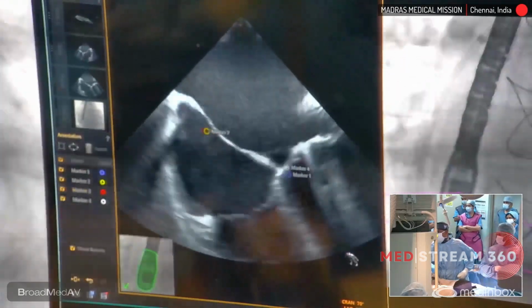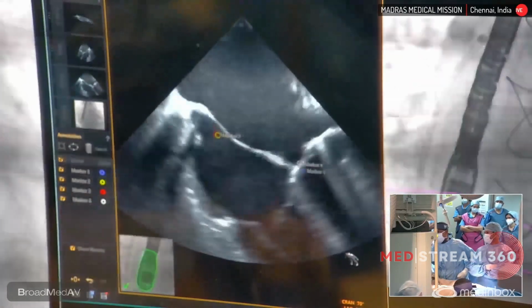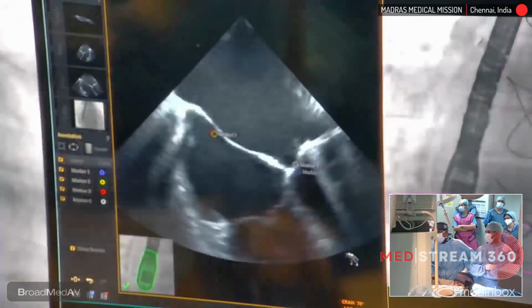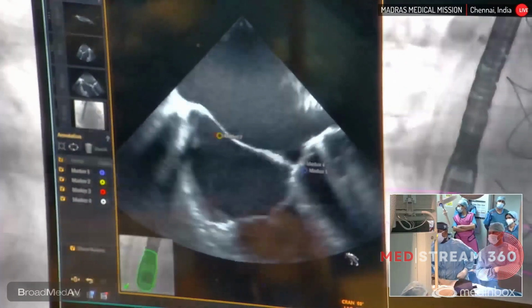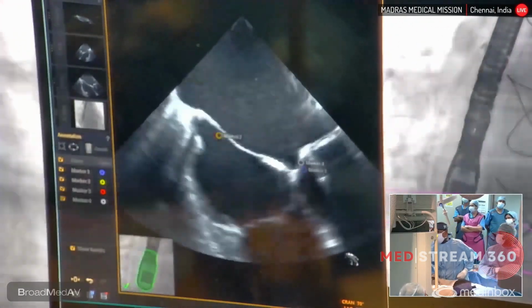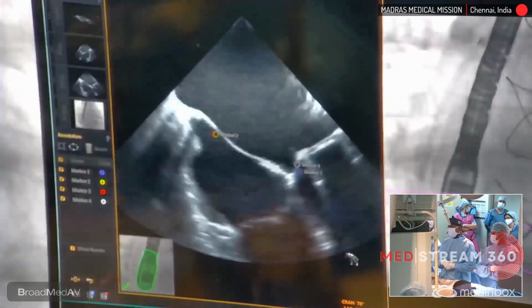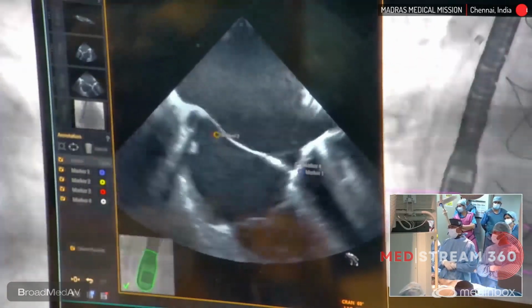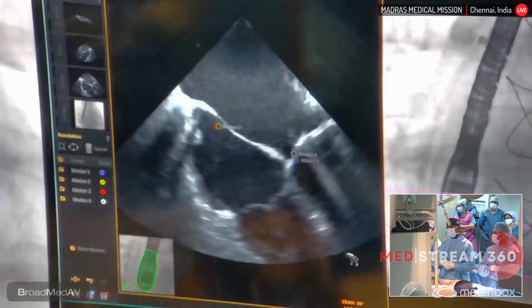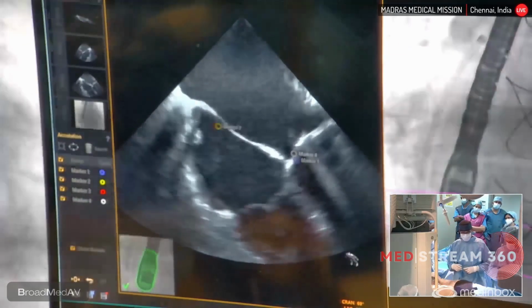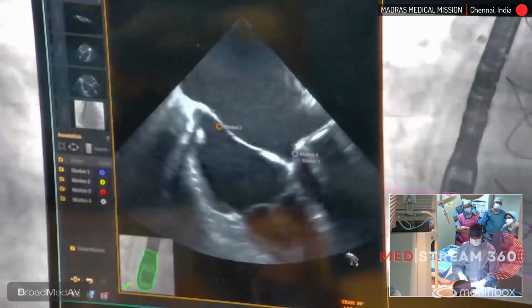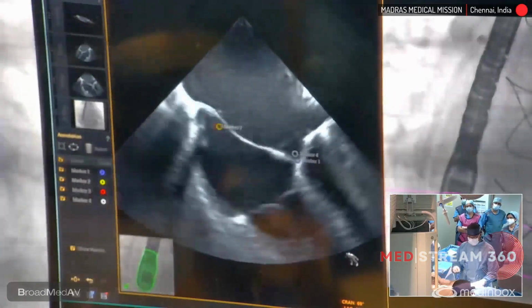We are now visualizing a red marker on the interatrial septum. This is a little postero-inferior, and a yellow marker which is a little posterior. I have taken it far away from the mitral valve prosthesis so that I will have a working angle for manipulating my catheters. So right now we have an 8 French transseptal sheath that is already placed in the left